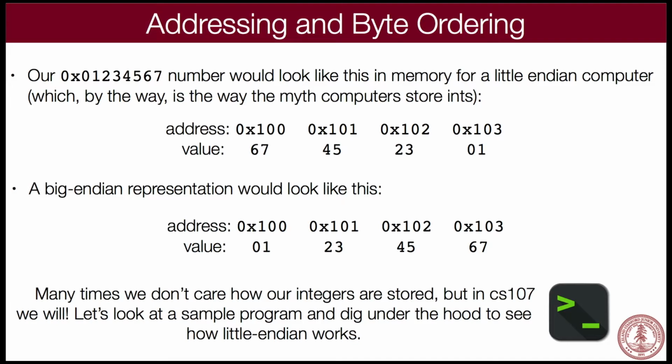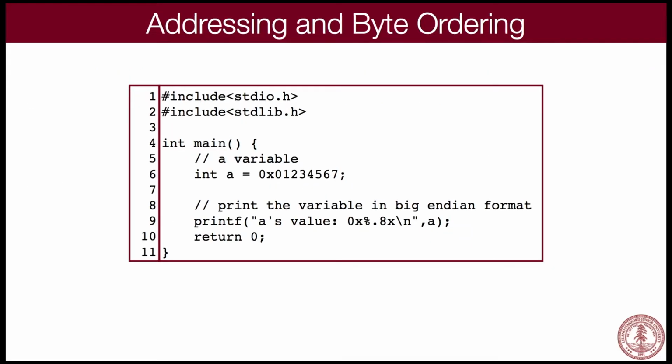All right, so here's what it looks like on our memory. That's the same exact thing. If we have a program like this, let's say we say, okay, int a equals 0x1234567. By the way, you can put the 0x there, like that. If we just print it using the %x, I've got some formatting in here, so it puts the 0 first. If we put the %x in there, it will print out in regular old number format. So if we say, here's our number, 0, 1, 2, 3, 4, 5, 6, 7, it will actually print out in that format. Okay?